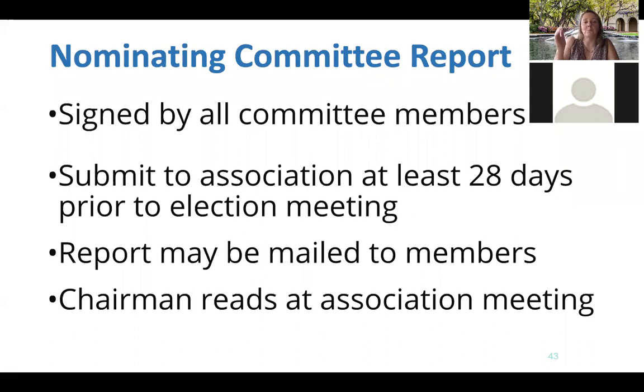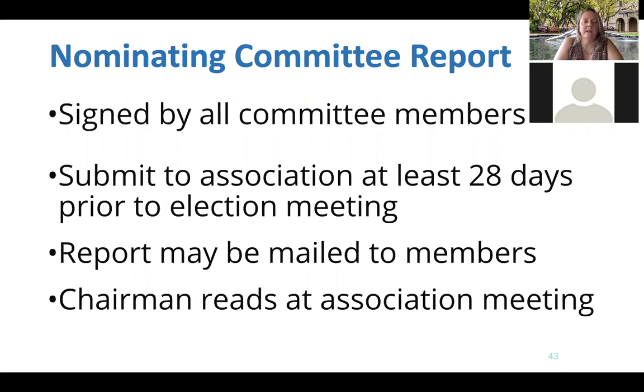The report is probably just a list. These are who our nominating committee is selected, signed by all the committee members, and then you submit it to the association 28 days prior to the election meeting. So if your election meeting is March 20th, then by February, whatever that date is, you would give that to the president, and then the president announces, usually at your meeting the month before, but they can also electronically submit it. That this is our slate of candidates that the committee members have selected, and